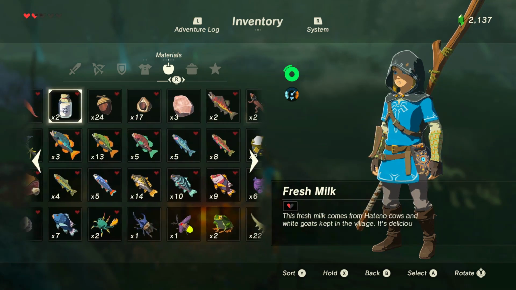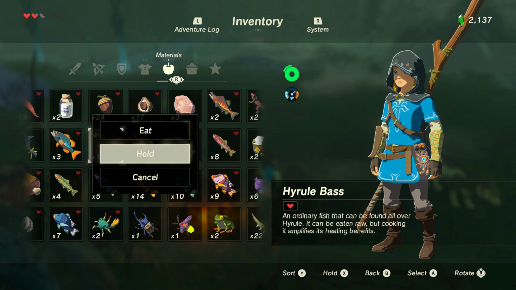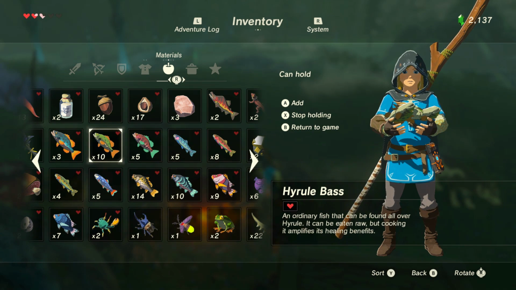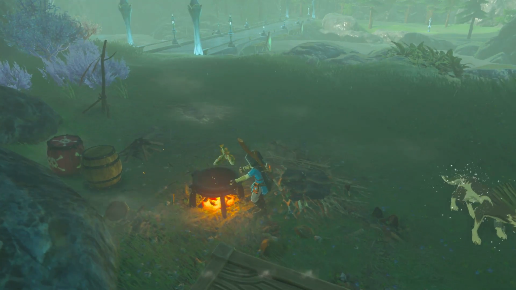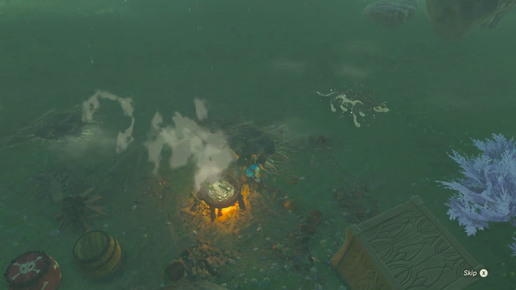Should we cook some stuff? Sure. Let's cook some fish. Gonna hold it in our hands. Looks like fishy goodness. Delicious. And just throw it in the pot. Oh, no. Okay. Still kind of learning how to cook, so...